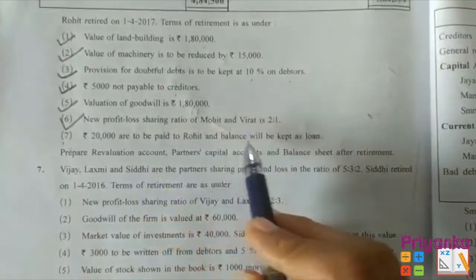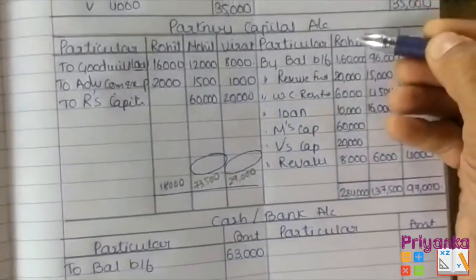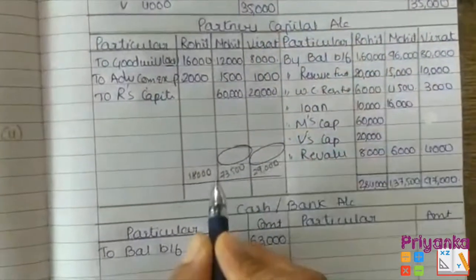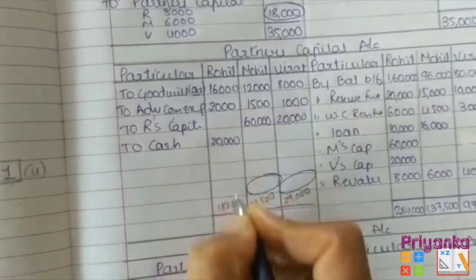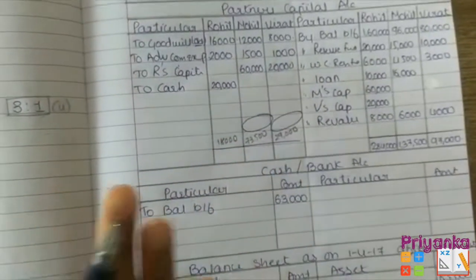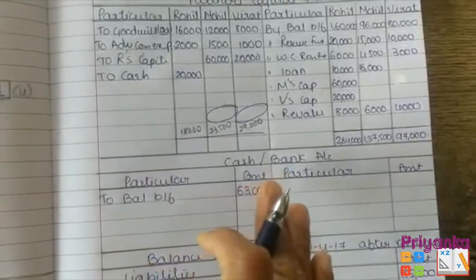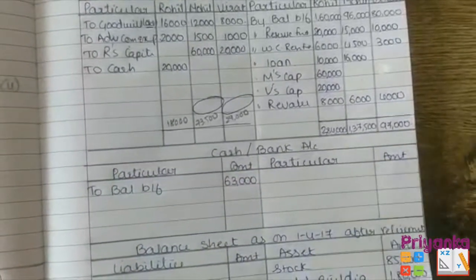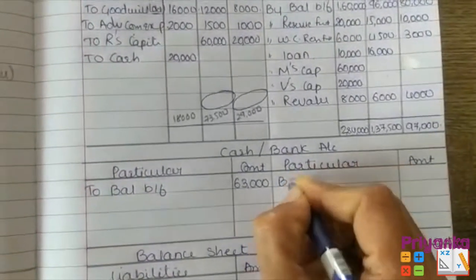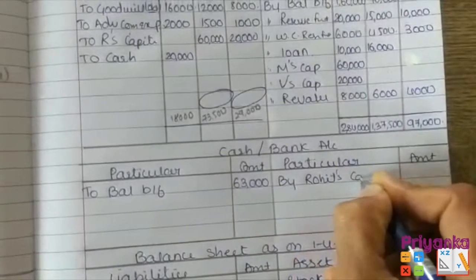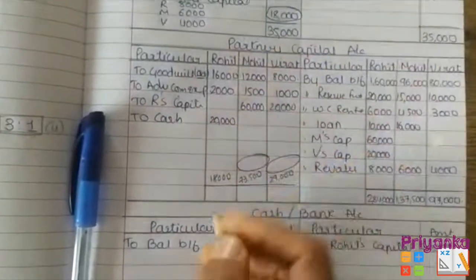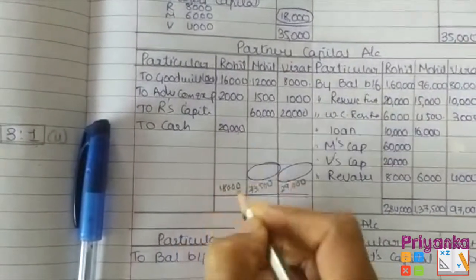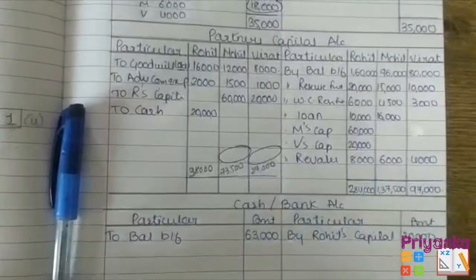Now here it is. Now moving to the last adjustment, it is written that 20,000 are to be paid to Rohit and the balance will be kept as a loan. यानी कि आपको रोहित का टोटल करना है, that is 2,84,000, and here it is 18,000, but including cash which is going to be given to रोहित. क्योंकि यहाँ पे हम रोहित को पैसा दे रहे हैं और कैश बैलेंस में जब पैसा आता है, ये हमने 11th स्टैंडर्ड में किया था, कैश अकाउंट हमने बनाया था, पैसा आता है तब डेबिट साइड और जब जाता है तब क्रेडिट साइड। तो पैसे हमारे जा रहे हैं क्योंकि हम पैसे रोहित को दे रहे हैं, राइट, एज इन द गिवन इन द लास्ट एडजस्टमेंट। तो द टोटल ऑफ दिस साइड विल बिकम 20,000 plus 18,000, it will become 38,000.